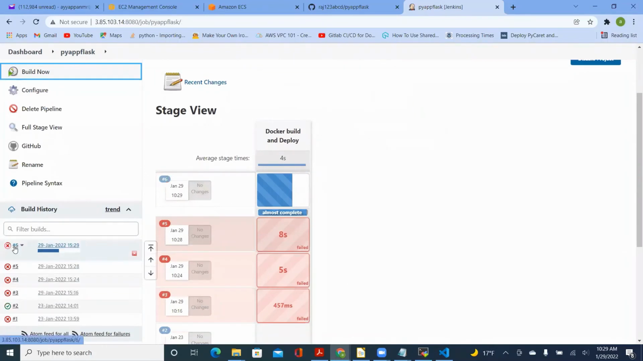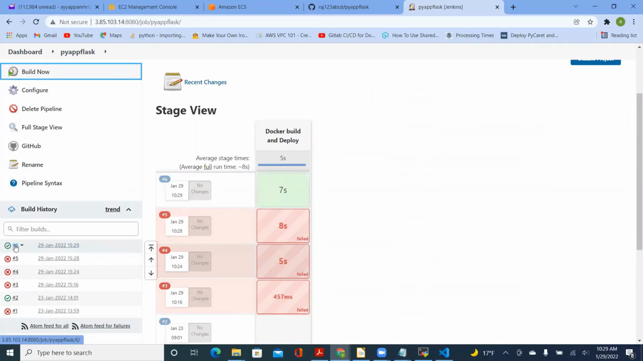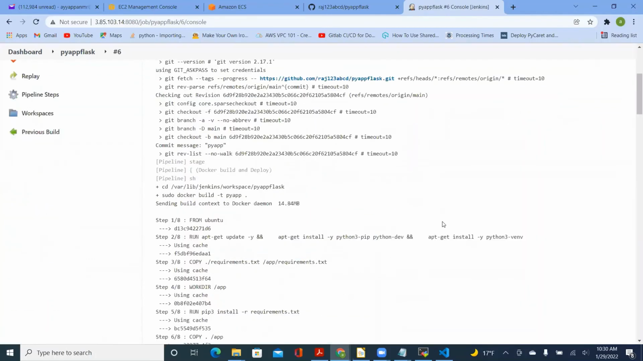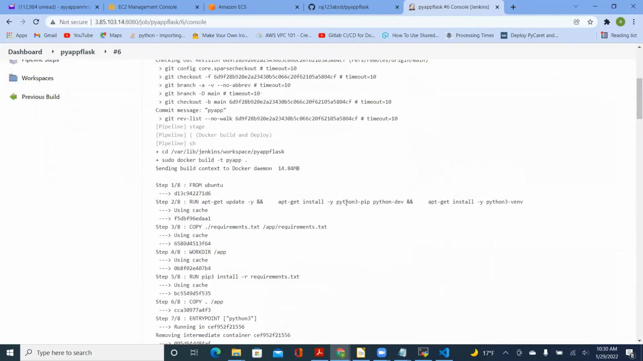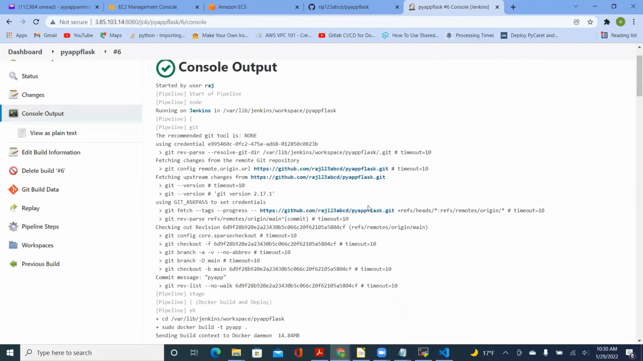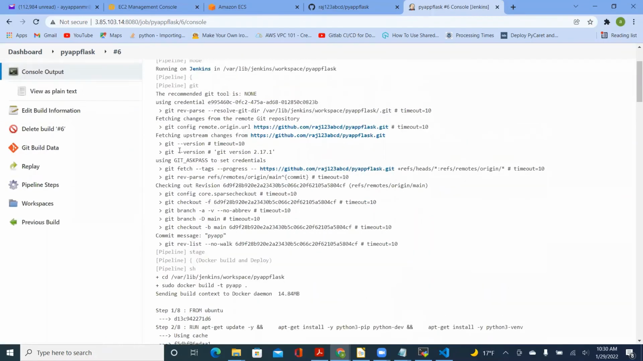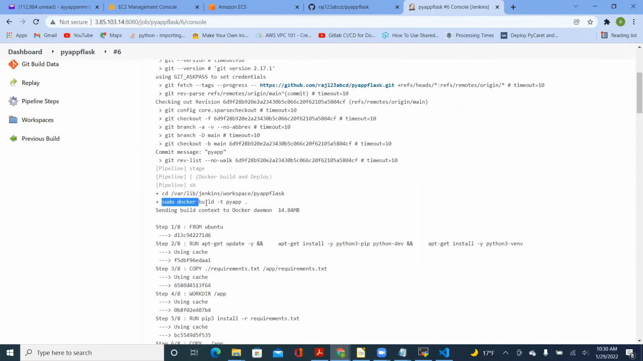It's running. Okay, it succeeded now. We can still look at the console output and ensure all the commands are run fine. So now if you see this console output, it's downloading the repository from this GitHub. And then here for the pipeline, I'm changing directory to the work directory where the files have been downloaded, including the Docker file. And this command builds the image,